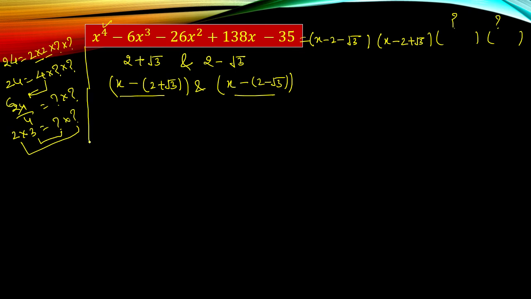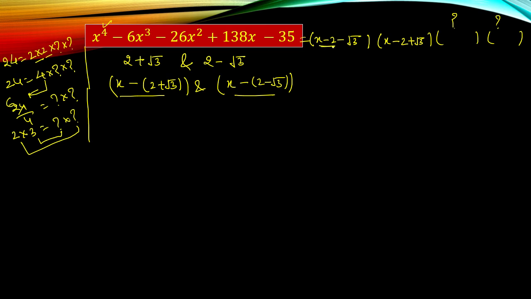Similarly, we will do the same thing here in polynomials. Here two factors we have, and we are interested to get the other two factors. So how to get them? First of all, get the product of the factors, as we got the product of the factors here, that is 4. And then divide the number by the product of the factors. Similarly, we will get the product of the factors here.